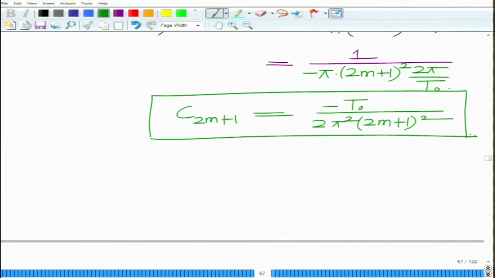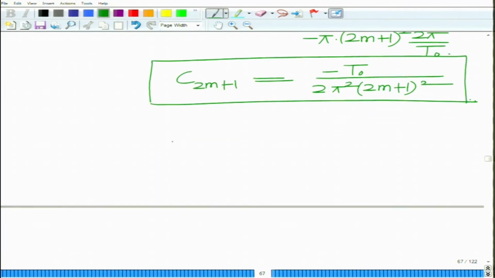The only coefficient remaining now is c naught, because we cannot derive c naught using this technique. When you differentiate x t, the DC component c naught, which is a constant, vanishes, so you cannot derive it from the derivative, that is x prime t. So, what we do for that is we simply evaluate the DC coefficient. Remember, the DC coefficient c naught